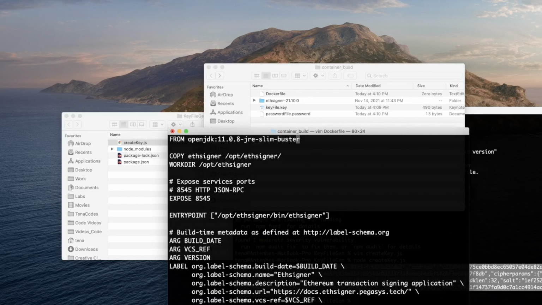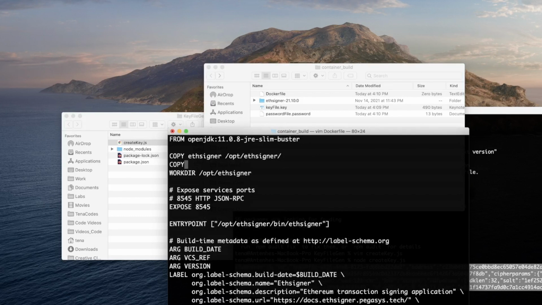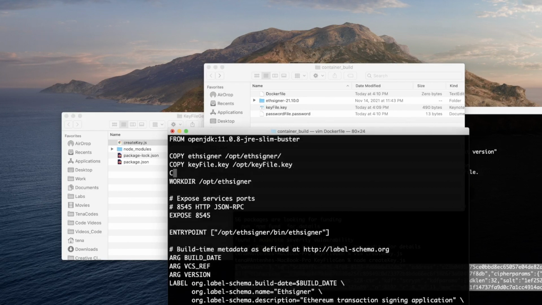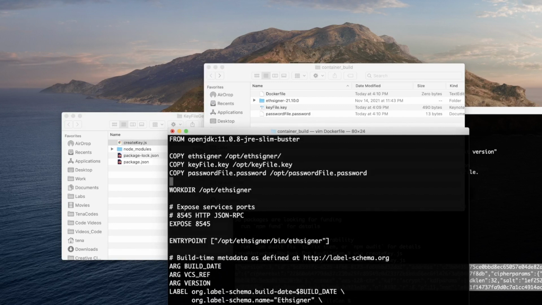So one, I want to add the key file as well as the password file as a part of the Docker build. So let's do COPY and then keyfile.key, and then we'll put it in a folder within the Docker container here, keyfile.key, and then COPY password file.password. All right, great. So now that we have that set up, let's keep the EXPOSE 8545